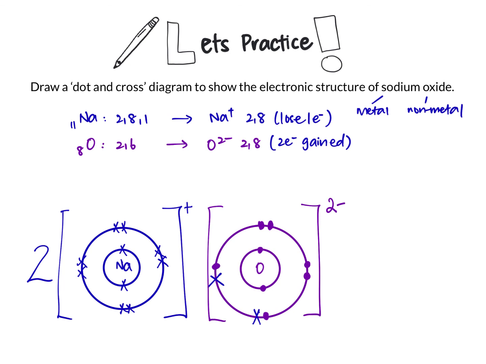Take note, we need 2 sodium atoms to provide 2 electrons. So one way is to check the charges. Oxygen has a charge of 2- and sodium has a charge of +. You need 2+ to balance 2-. So there must be one more sodium ion. Hence there's a bracket of sodium ion with a 2 in front. So this is the end of all the practices that we have for ionic bonding.